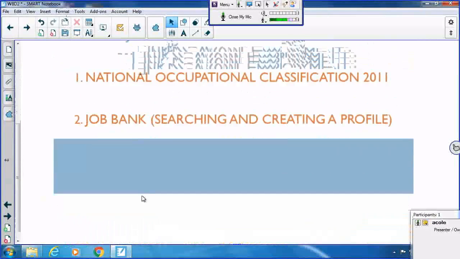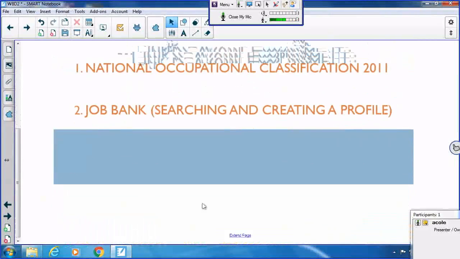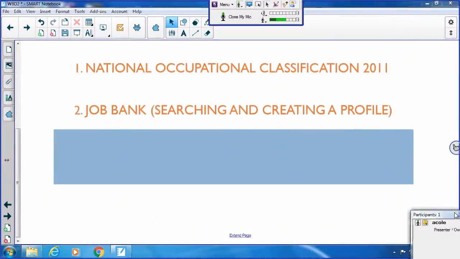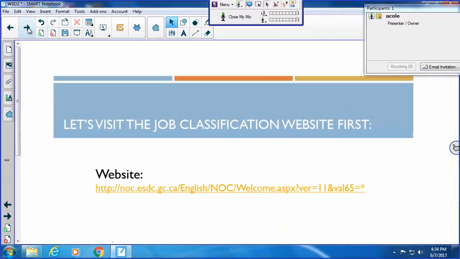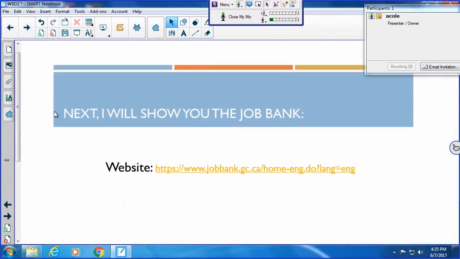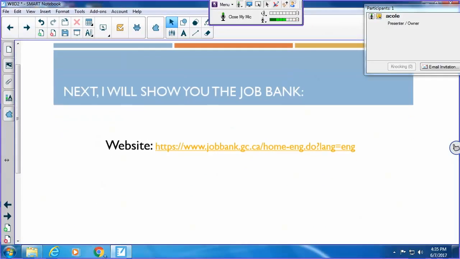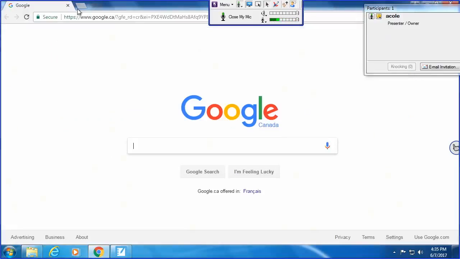So now I thought, okay, let's take a visit to the job bank so that you can see how this is related. So we did that website, and now we're looking at the job bank. I'll just do a quick search.